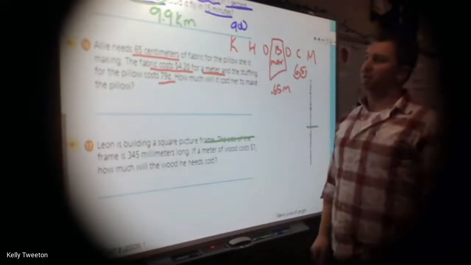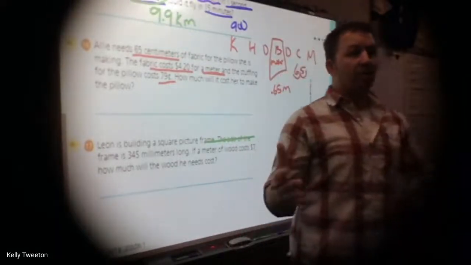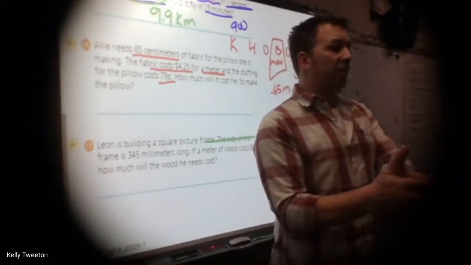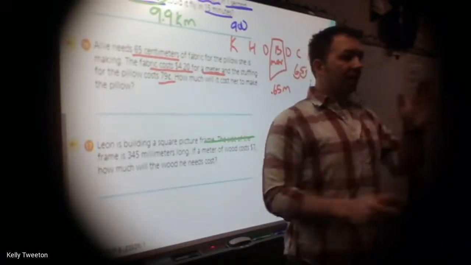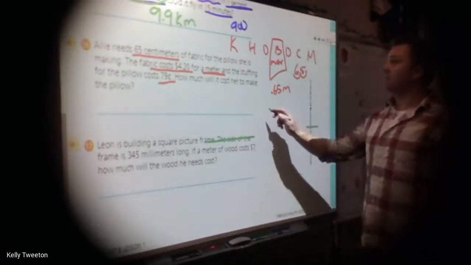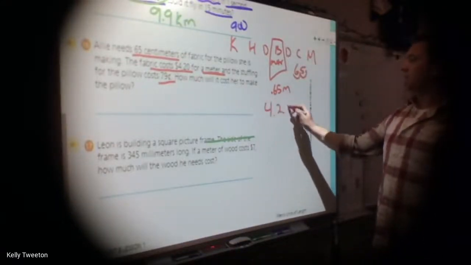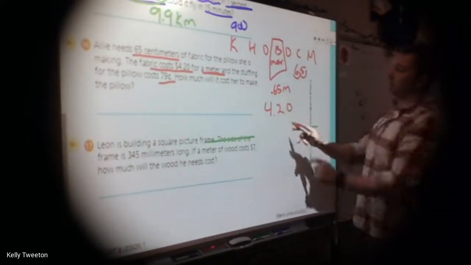What am I going to do to figure out what we need? We know how much the fabric costs now. We've both got them into meters. What should I do with those two numbers? How about Bella? A little bit louder. Multiply. Okay, so we're going to take our $4.20. That's how much it costs per meter. We don't even need a whole meter. We're going to take it times